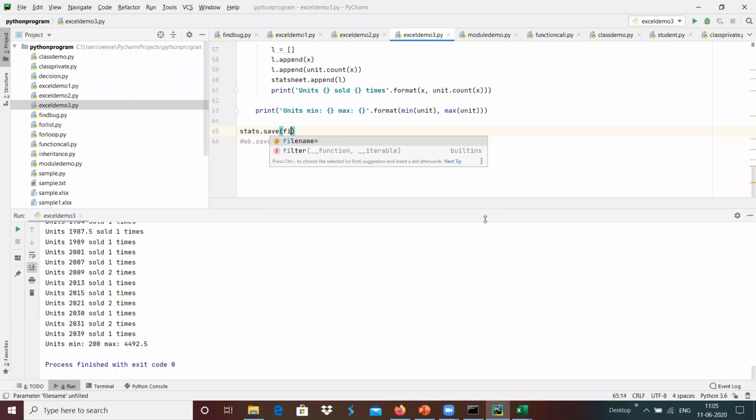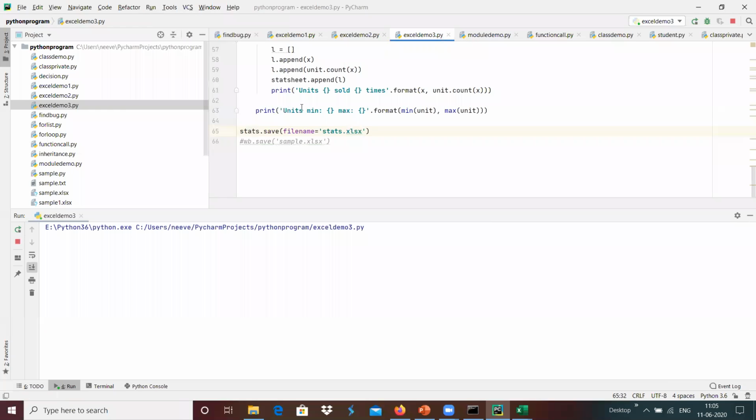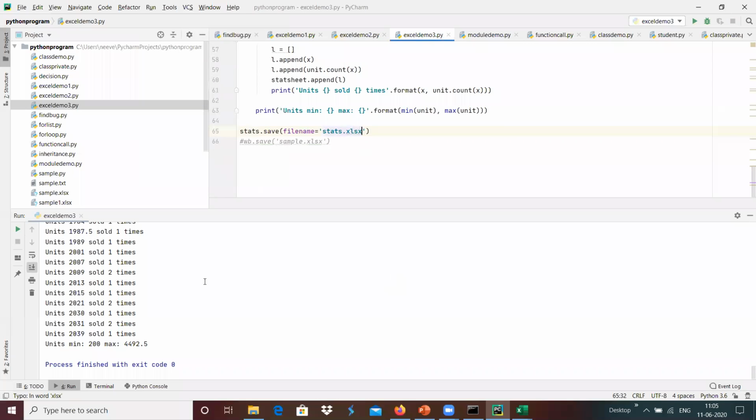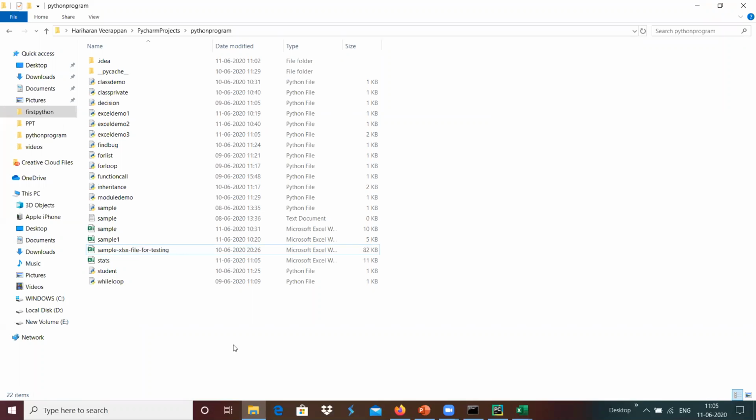The file name is stats.xlsx over here. Now I'm going to run this, the Excel demo. Yeah, now it got updated, and maybe we can see whether the stats file is created. Yes, it got created, and we can open this.